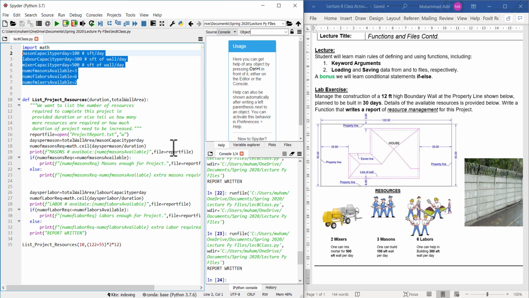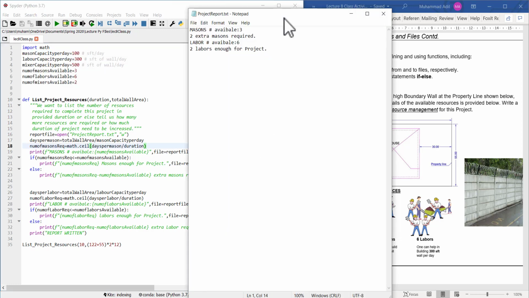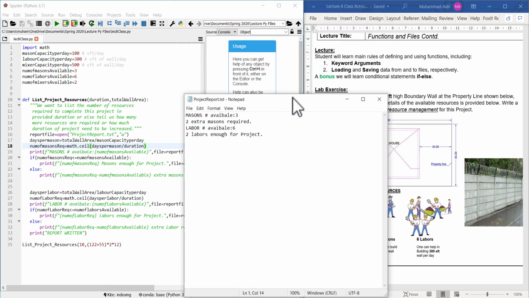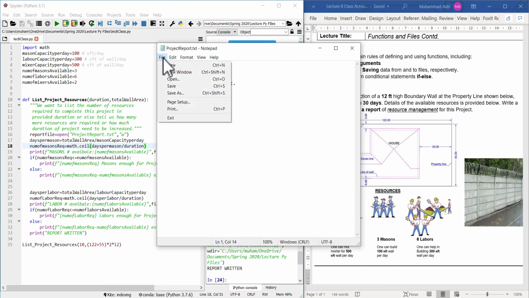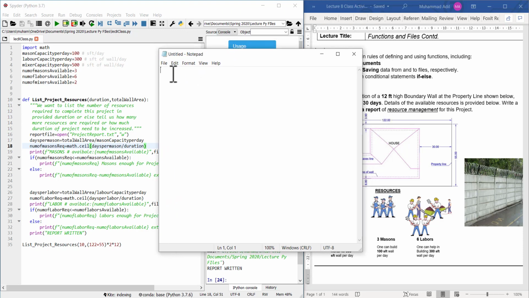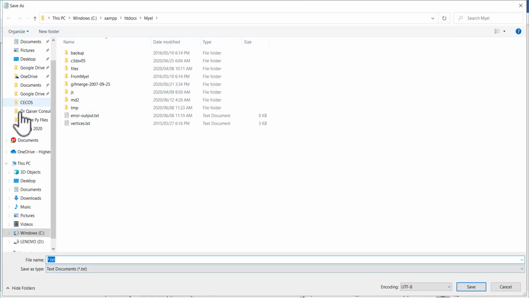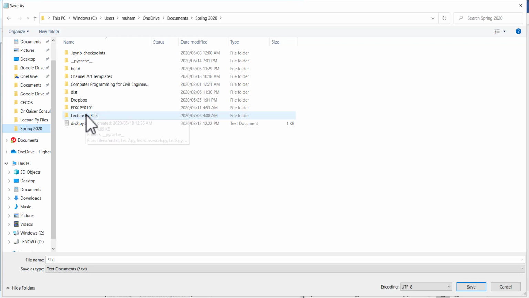In order to do so, let me open Notepad. Let me create a new blank text file, and let's write all these numbers in different lines, for example. So let me write 100, 300, 500, 3, 6 and 2,